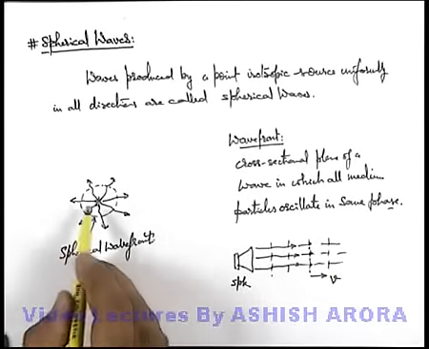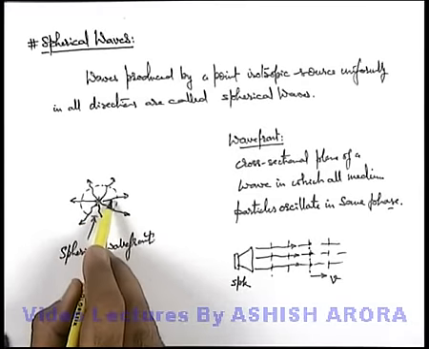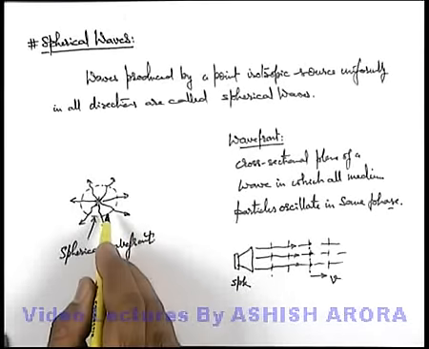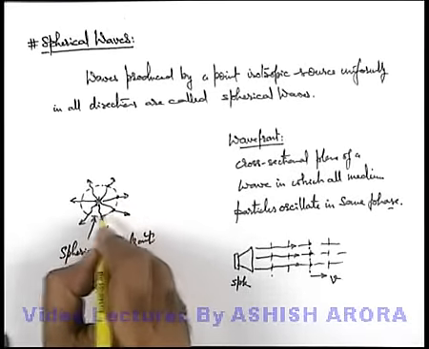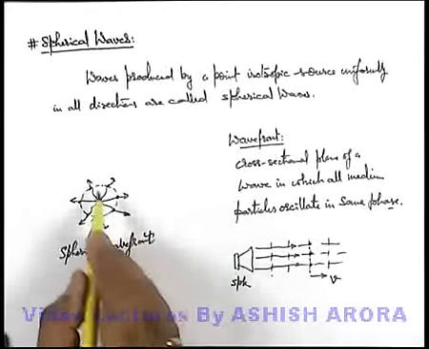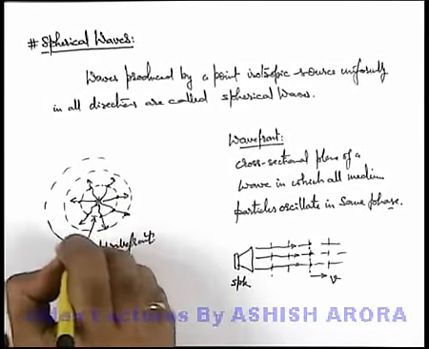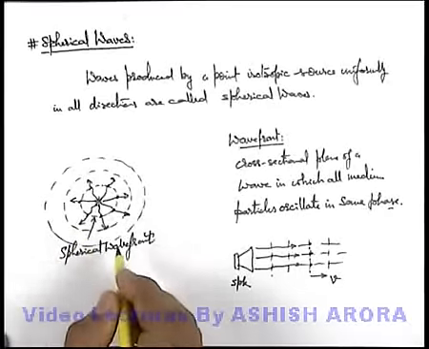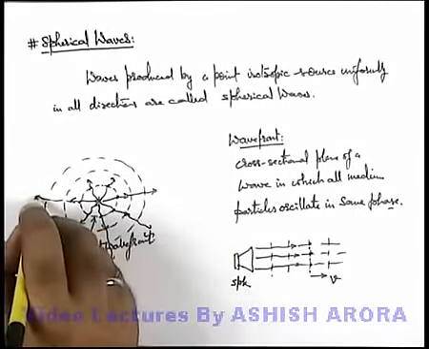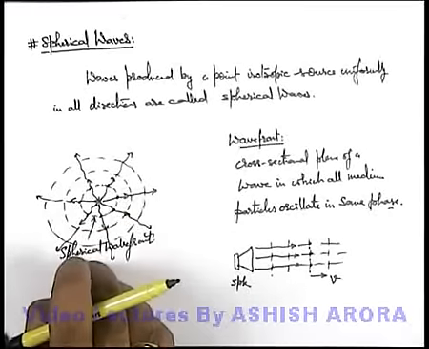phase. Now if there is a point source which induces oscillations in the surrounding, and the wave is propagating in all directions, here we can state that all the medium particles lying on the spherical surface along which the waves are propagating will oscillate in the same phase. So the spherical wavefront will gradually increase in size as the wave propagates outward. So here we can say the wavefront of a spherical wave is spherical with center located at the source of